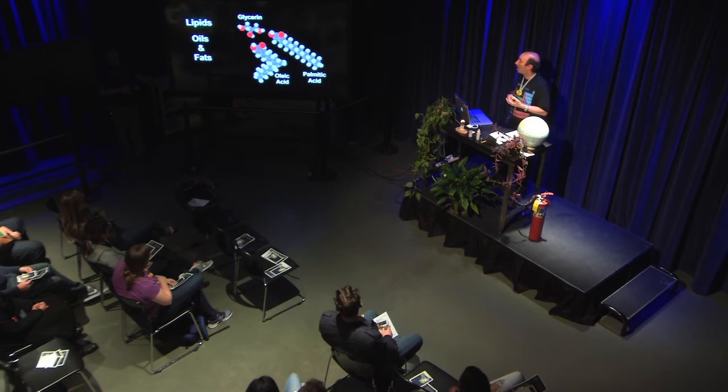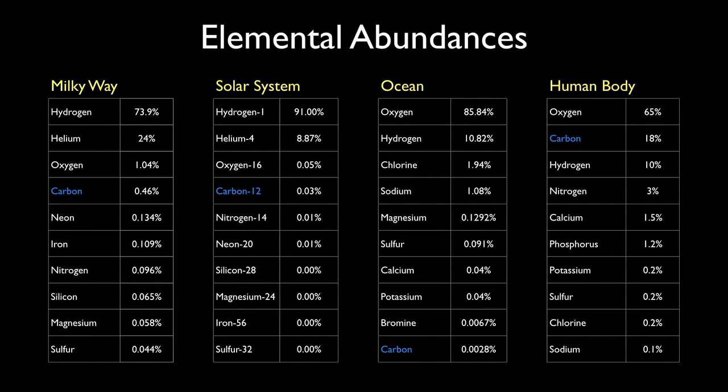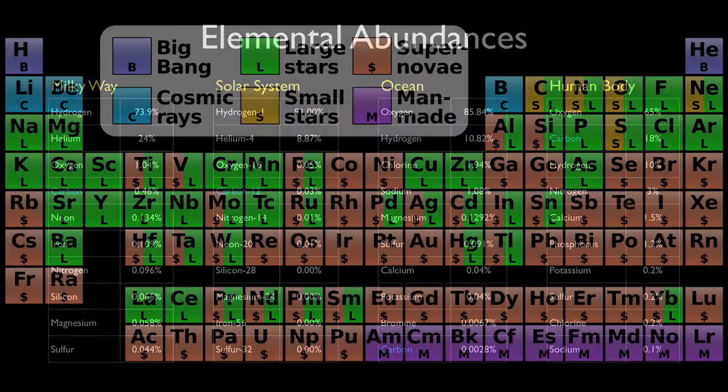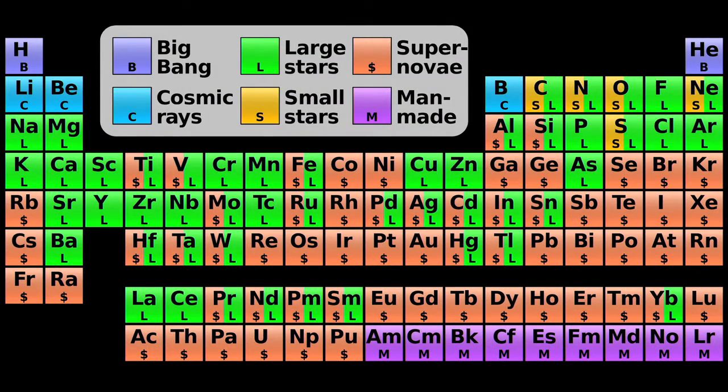Now, if we look at how common carbon is, it's actually a very common element. We know that hydrogen and helium in the universe are very common. Carbon is the 4th most common element after hydrogen, helium, and oxygen. So carbon makes up, I have to look down here because I haven't memorized these numbers, 0.5% of the atoms in the universe. They are actually made inside of stars. You can see here the carbon is made in both large and small stars.